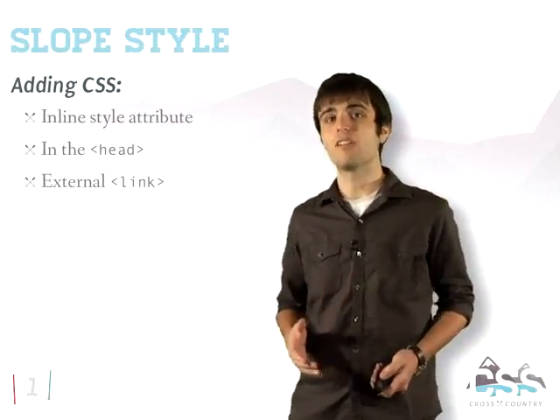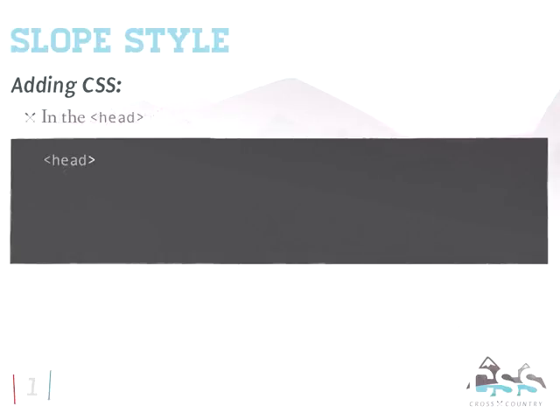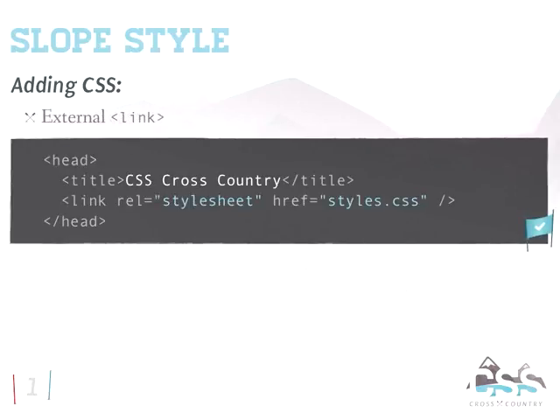Now, the easiest way to do this is via the inline style attribute in our HTML, and it's very easy to do, but it's a maintenance nightmare. Second is adding our styles via the document head, which also works, but if we have more than one page in our document, also a maintenance nightmare. So the main way to add your styles is via including them all in an external style sheet and having a link in the head of every page of your document. This is how we're going to treat all the styles in this course, so assume everything is on its own